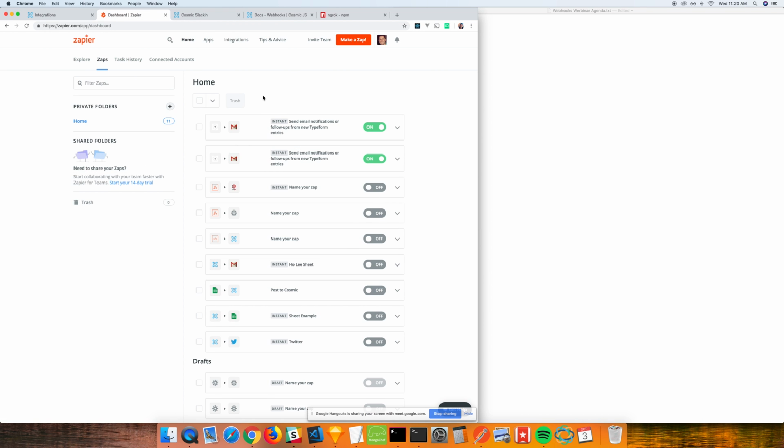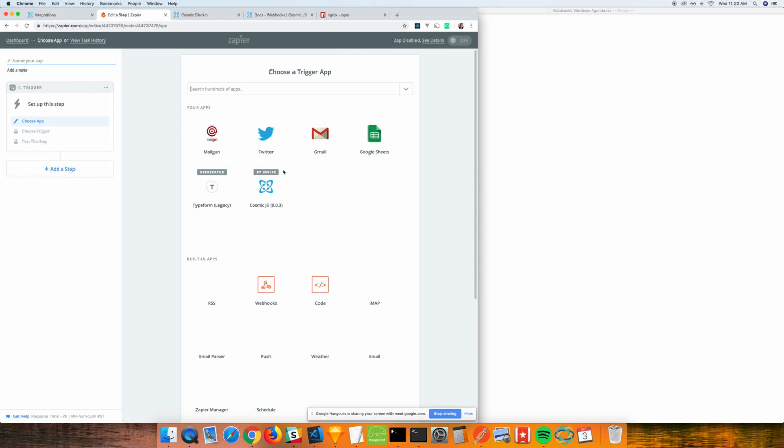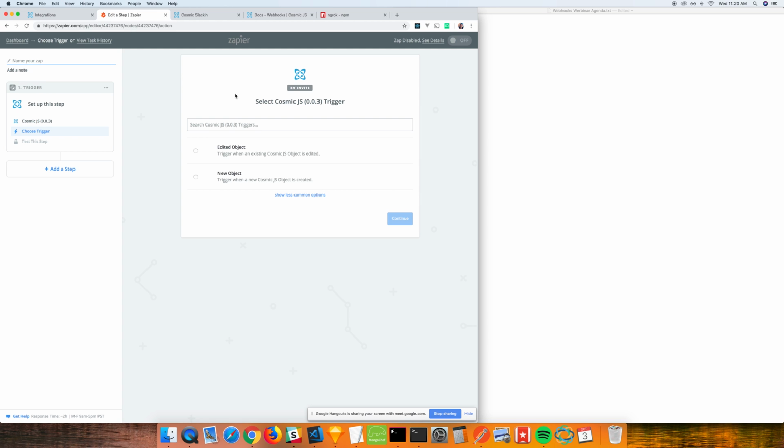services, right? So if you go into your Zaps, let's see, if I want to go ahead and create a new Zap, what I do here is just make a Zap, and we've got this one here. I've got it there available to me as in my apps, but all you need to do is just search it. Once you've accepted the invitation, because it currently is by invite only for the Cosmic.js app, once you do have it on your account, you can go ahead and just search it here for triggering any sort of data